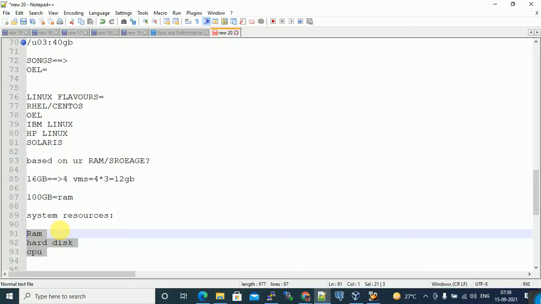Slowly in the IT industry, all these terms are used. When you get a job or a real-time project, they ask how many servers are there, and for each server, what is the resource capacity. Like this, people call them resources.